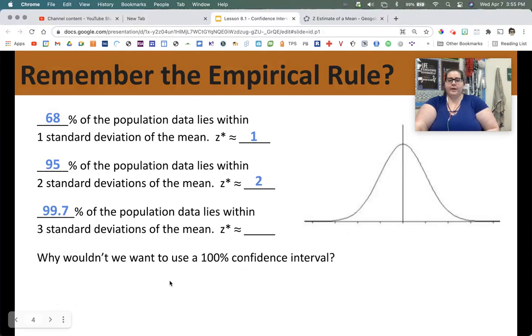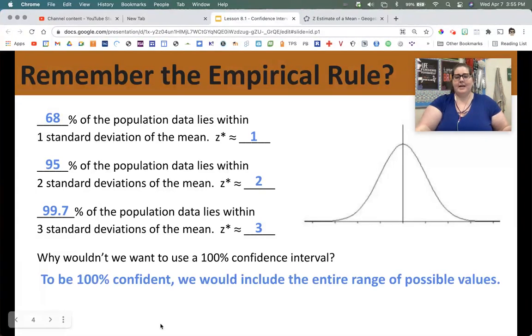So why wouldn't we want to use a 100% confidence interval? Surely I would want to be super, super extra confident. So why couldn't I just use 100%? I'm 100% confident that the true average, whatever, is between these two numbers. Well, the problem with 100% confident is that if I think about it in terms of this, right, 100% of our data